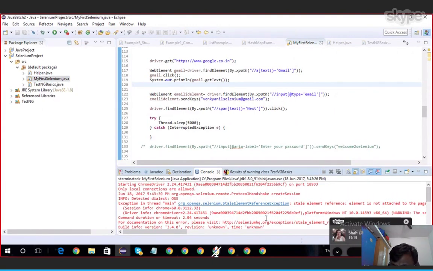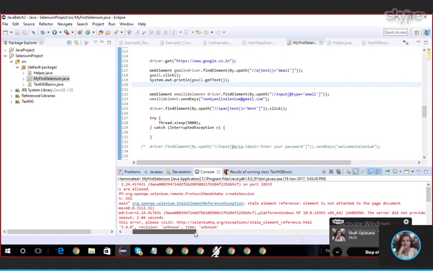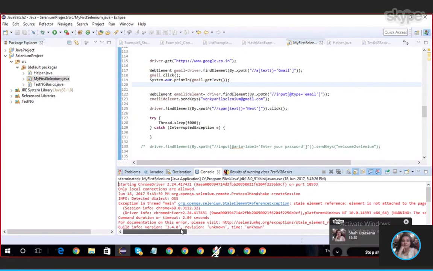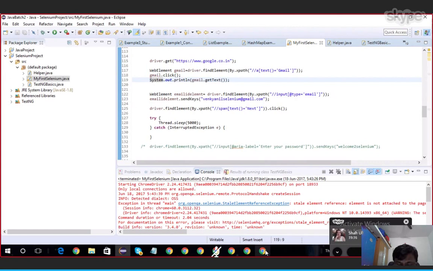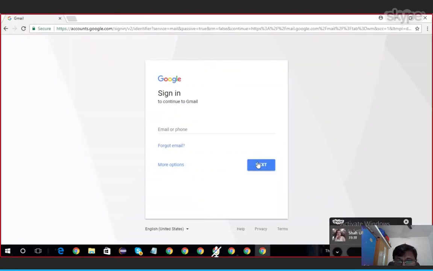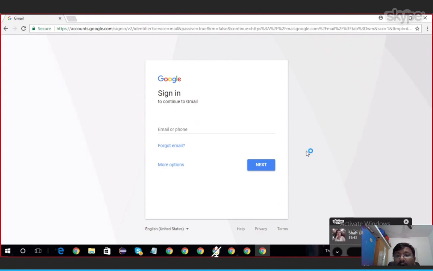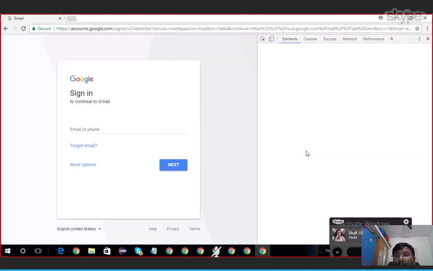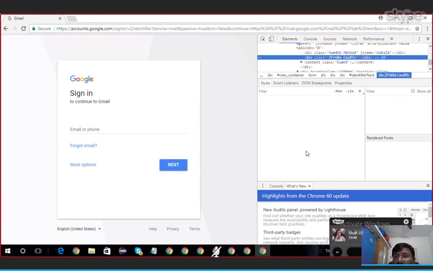Let me see. So it does not take from the HTML tag, it takes from what is shown on the screen, because in the tag it's not capital. So it does not take the text from the tag, right? One second. Let me show this. In the HTML, it is a capital only, right? See here, this next. Let it load.